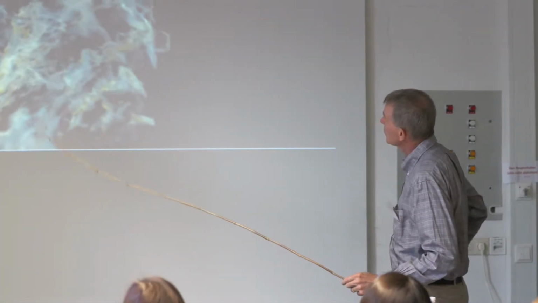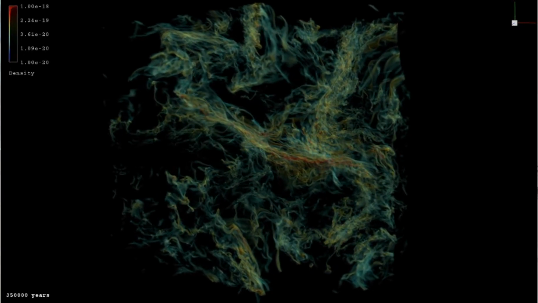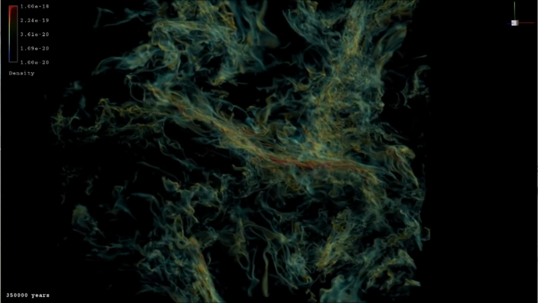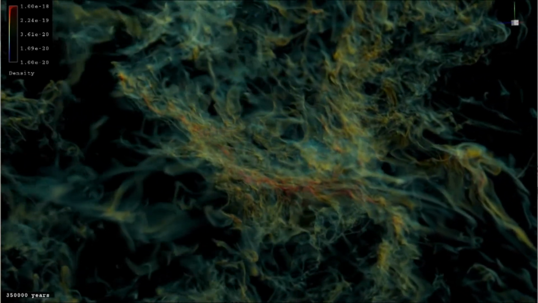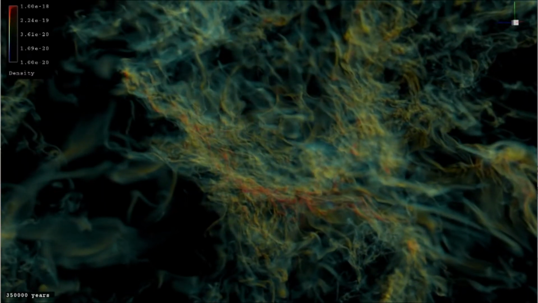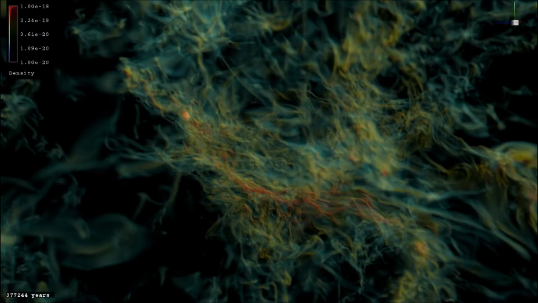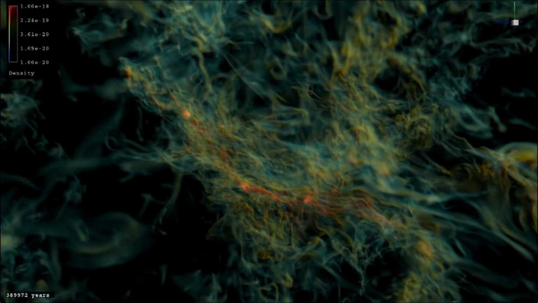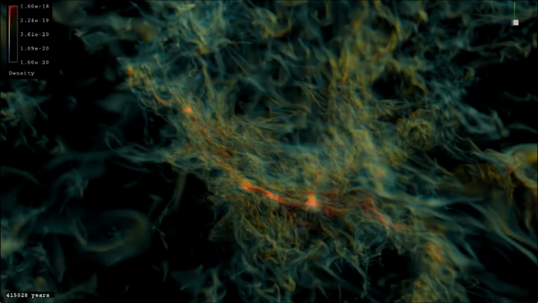So here it is. Yeah, I guess you can see that. It's twisting around. It hasn't evolved yet. Here's the time. It hasn't started ticking the clock yet. Red is denser. You can see this dense spine in the middle. Now it's moving. Here's some star formation with little explosions. It's coming in gradually. Now all of these little wisps are partly sheets edge on, because you have turbulent motions